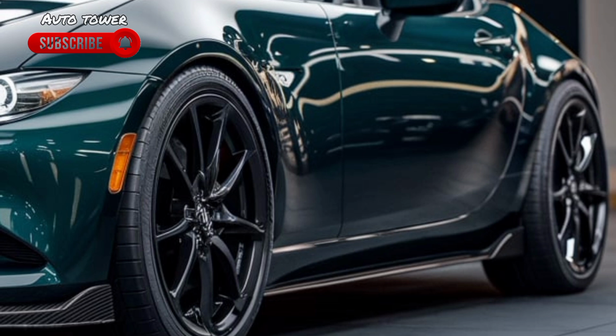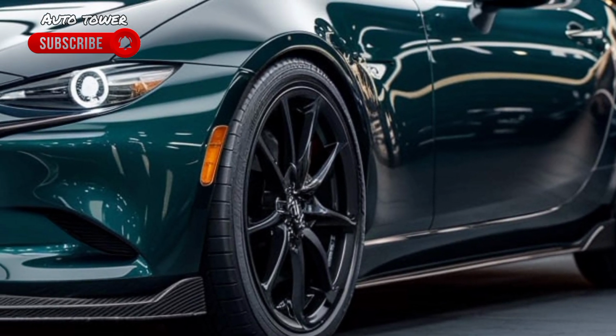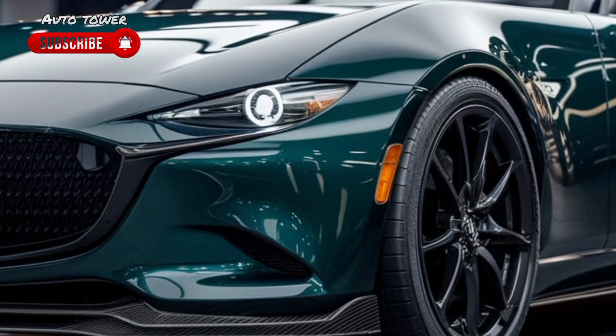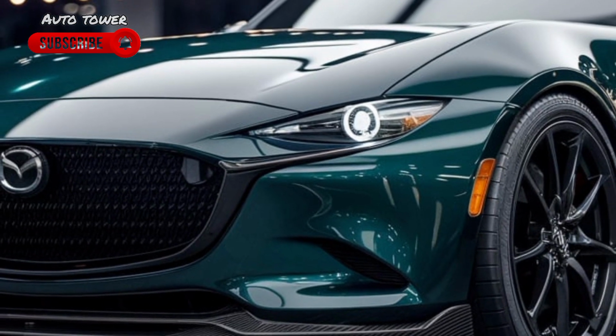2025 Mazda MX-5 Miata. The 2025 Mazda MX-5 Miata is expected to feature a range of updates, including a revised exterior design with a more aggressive front bumper and new LED headlights, a more powerful engine, possibly a 2.5-liter turbocharged inline-four that produces over